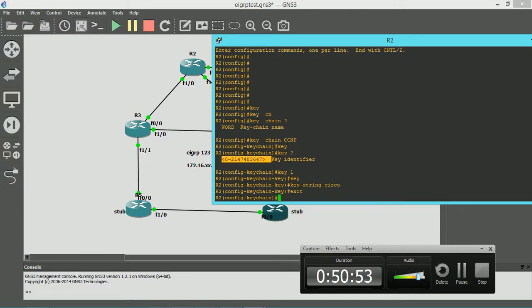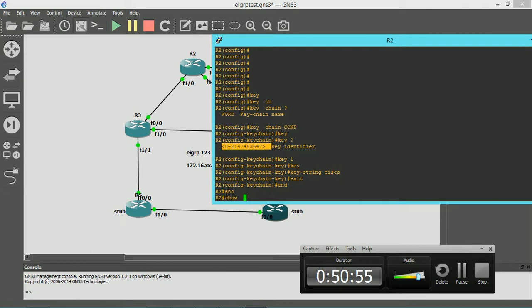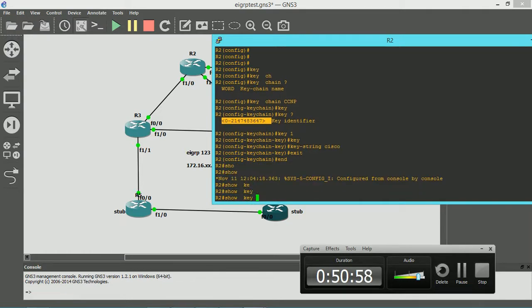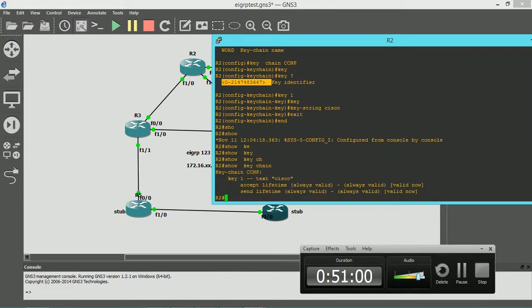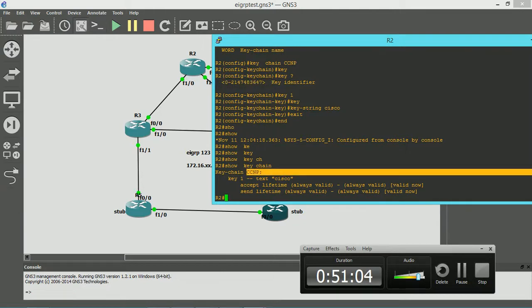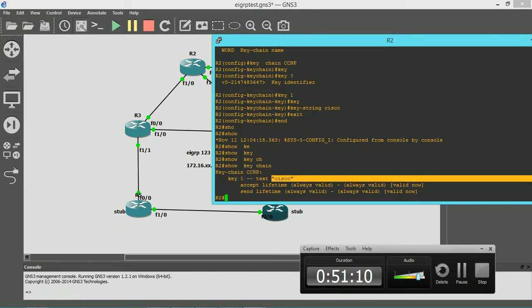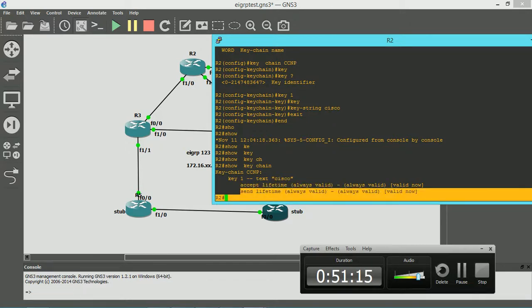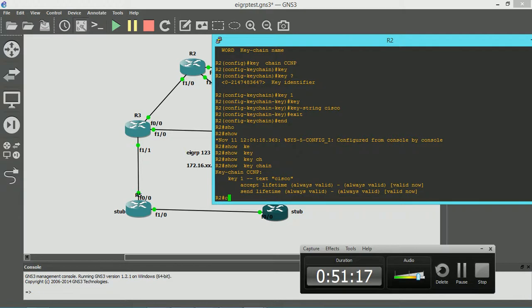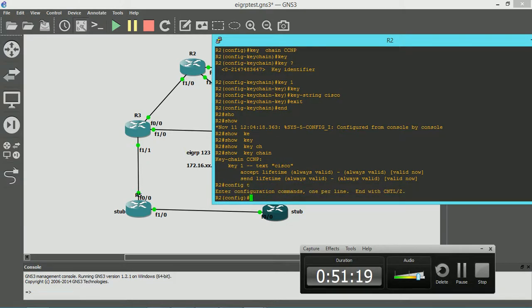Once I do this, if I see show keychain, in the show keychain I can see the keychain name is ccnp and key ID is 1 with the password Cisco. Accept time is valid and send time is valid. Now I need to configure this on a per interface basis. I will go to this link f1/0